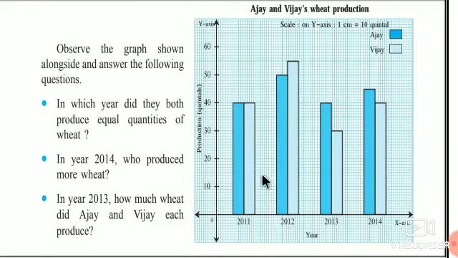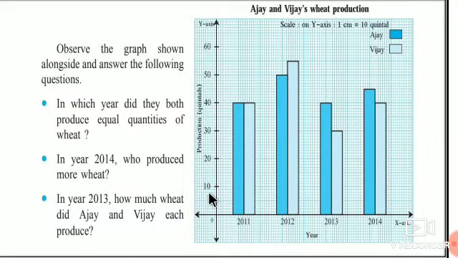Now how does it show the information here? This is the information of 2011, then 2012, 2013, 2014. It is the x-axis. Like this you have to draw the line here and name it as the x-axis, and this x-axis shows the years information, 2011, 2012, and this y-axis shows the production in quintals. So you have to write like this.